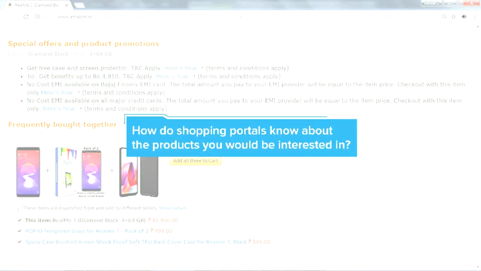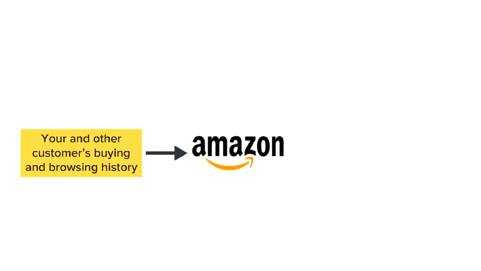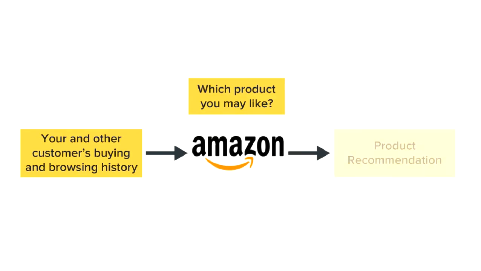So you must be thinking, how did the portal become so smart and know about your likes and the products you would be interested in? The answer is again machine learning. The online portal used machine learning and learned about your likes and purchases based on your browsing and buying history, based on which the portal was able to recommend the products for you. Suppose you do not like those recommended products and browse for some other products. The portal using machine learning will learn about this and will make adjustments to the recommended list on a real-time basis.